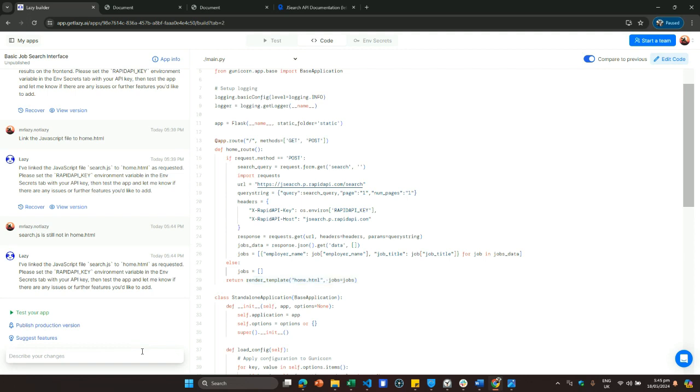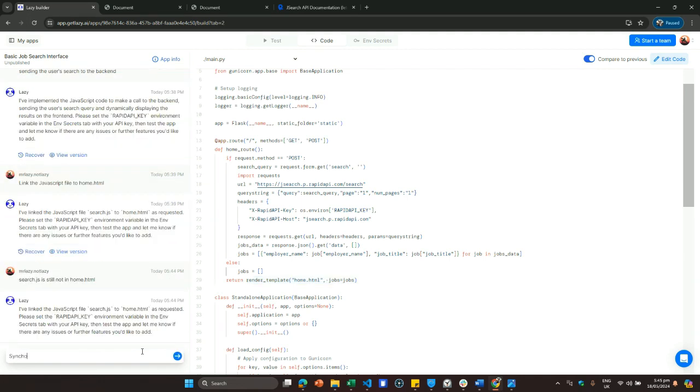So perhaps what I should say is synchronize search.js and main.py. And this is important because not all your projects are seen by the prompts you send into the lazy builder at the same time. When you mention specific names of files, those files enter the field of visibility. So when I say search.js and main.py, those files are going to be taken into consideration. When I give something very vague, the files that should be affected will be decided automatically. But when I'm very specific, I can get very specific results. So synchronize search.js and main.py